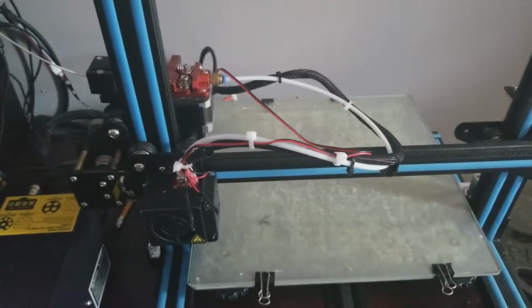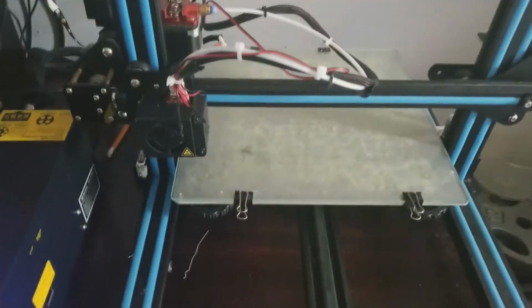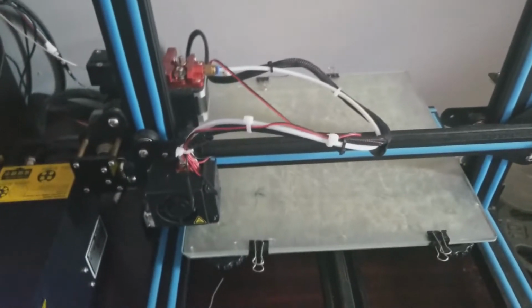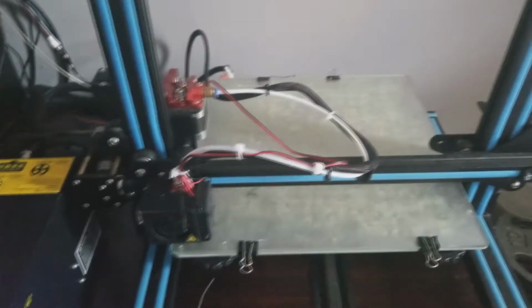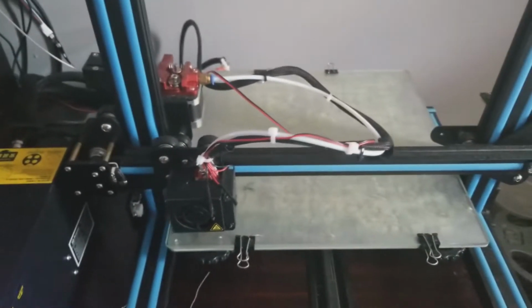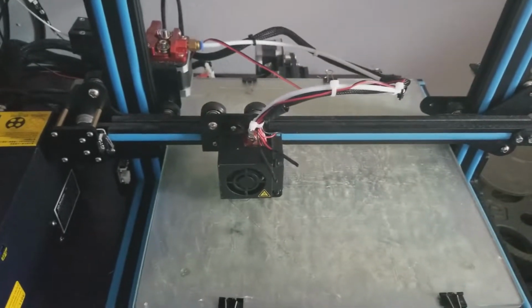And I'm just hoping that it actually goes and works. So right now it's going into the 60 range. Oh, there you go. We're starting right now. And the thing is, this testing model that I want to do is the torque for something else I'm going to show you guys in another video. I'm hoping that I did the measurement right on the actual heat bed, so I'm thinking I did. There you go. So I'm really hoping that this thing is actually going to do it